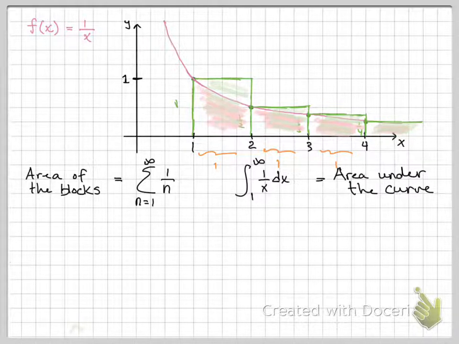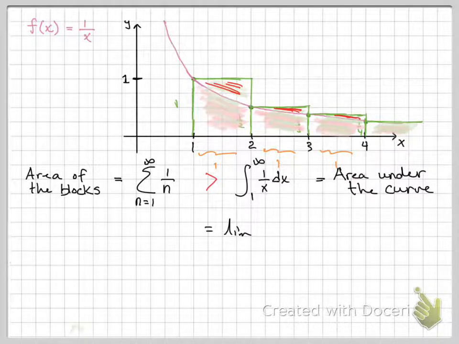Well, if you look at the shaded area there, the pink area, the area under the curve, is definitely less because the green shaded regions always are above the curve, right? Because of the way I'm using those left endpoints. So I can assume that this sum is actually larger than the integral because of these extra bits here. So what I'm going to do now is I'm actually going to evaluate this integral because that's the part I know how to do. I can just add up all those numbers forever and ever, but I want a way